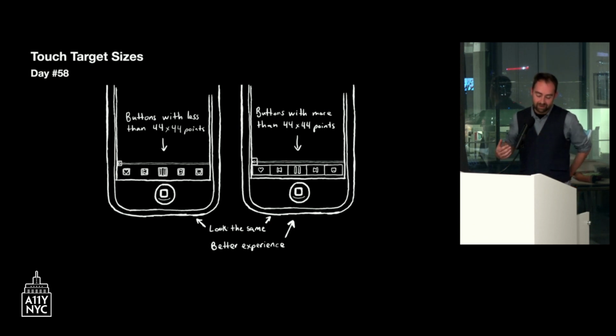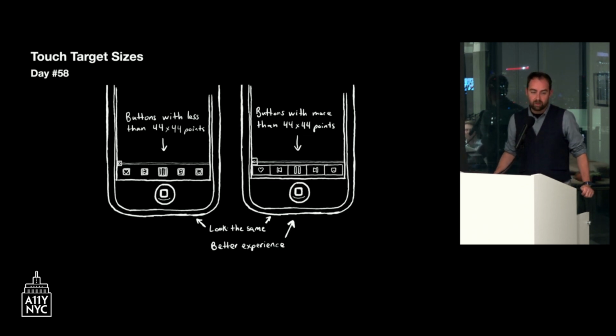In the screen, there's an example of a player, and the bounding boxes of the buttons in the first example are right around the icons. So they're super small. The second example looks exactly the same, but the bounding boxes are bigger. And it looks the same, but it's just a much better experience for everyone. You can imagine that in apps that are going to be used with touch controls a lot of times, this is super important.